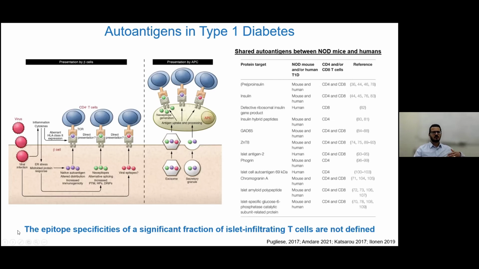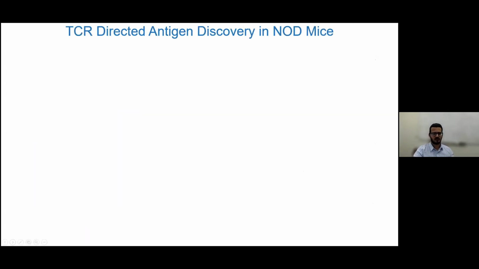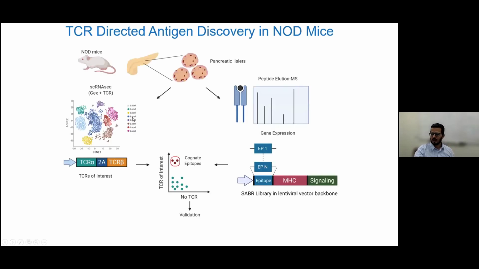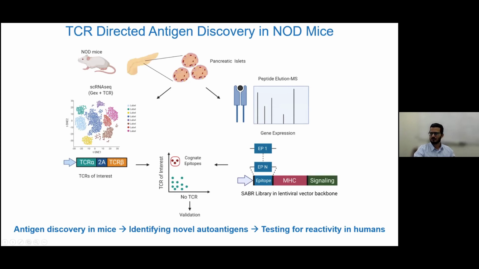However, despite these decades of research, for a significant fraction of islet infiltrating T cells, we don't actually know what they are recognizing. We don't know the specificities. And this is where our HIRN and dkNET funded projects come in. So in my lab, we're taking TCR-directed antigen discovery approaches to identify autoantigens in NOD mice. And we start with single-cell RNA sequencing of islet infiltrating T cells in NOD mice, and then use antigen discovery screens. So if we can identify novel antigens in mice, we can take them back to humans and see if they're